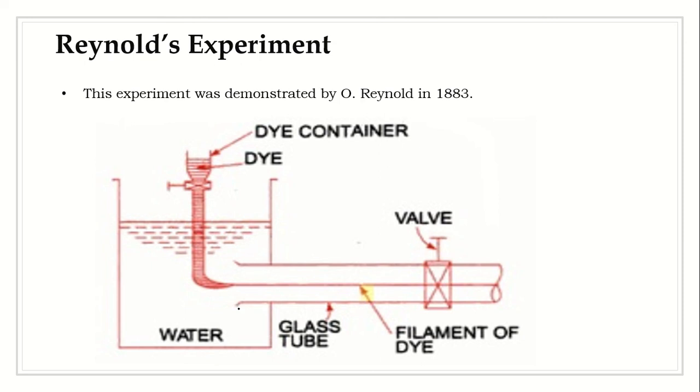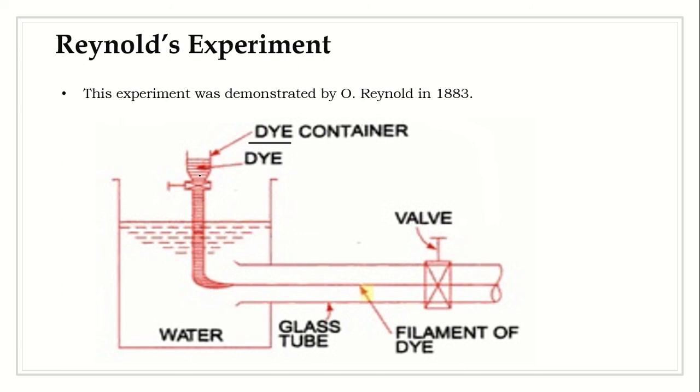Okay, the opening of this glass tube is a bell-shaped opening, and the other end of this glass tube is connected with a regulating valve to regulate the velocity of water. You have a dye tank. You know dye, right? Generally we dye our clothes in different colors. It's due to dye, the same dye. So this is a dye tank containing some dye inside.